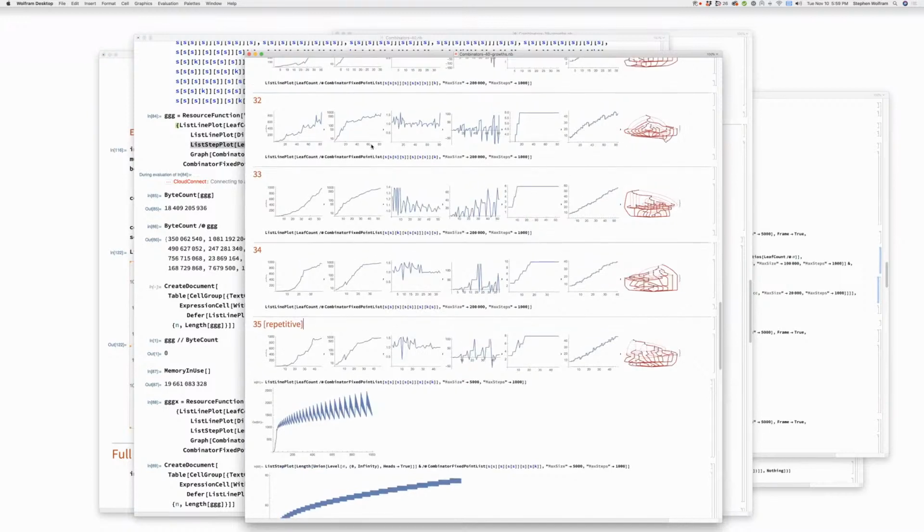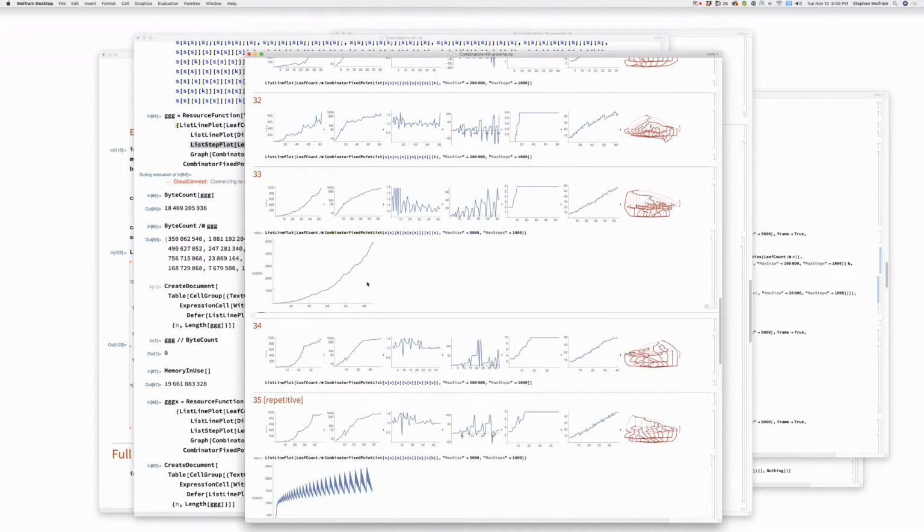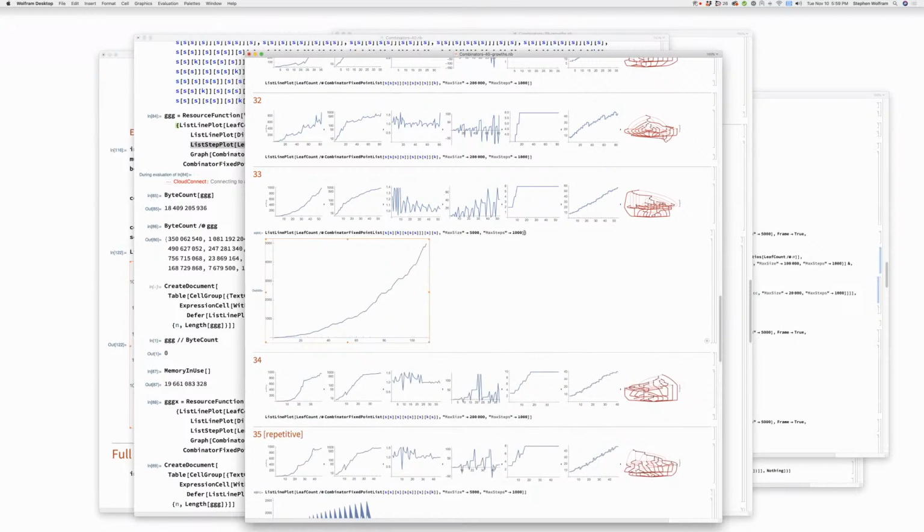Okay, so let's look at a few of these others. Okay. So what do you think about this one? Is this one doing something random, or is this doing something that's going to become very regular? Let's try 5,000 there. Okay, great. It's hard to tell what's happening here. Let me just go ahead and do the scaling. What can you tell about that? I can't tell anything. I mean, if we do the differences here,